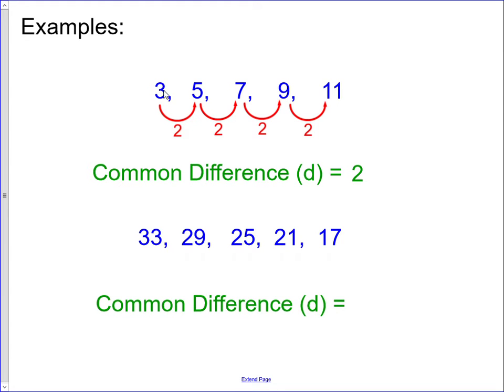3 is the first term, 5 is the second term, 7 is the third term, 9 is the fourth, and 11 is the fifth. Okay, let's take a look at another set of numbers and see if it is an